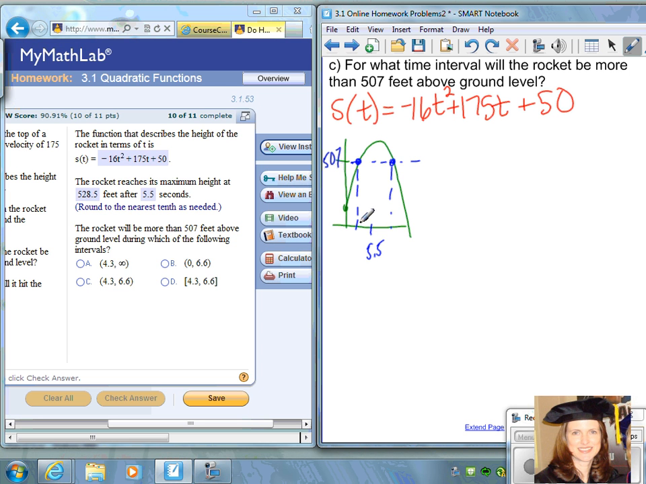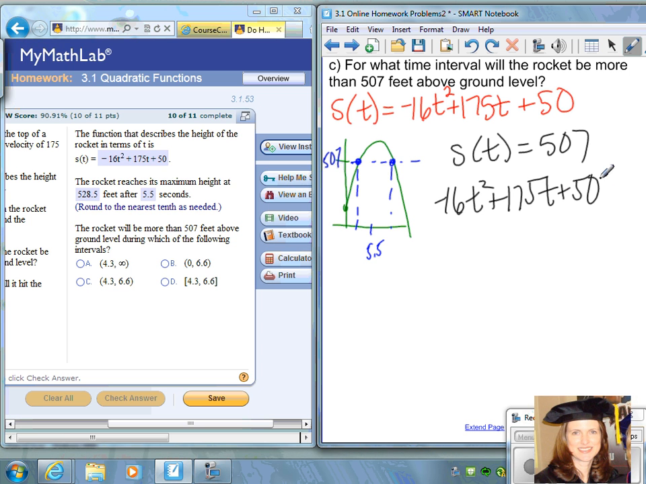So it's got to be somewhere between something a little less than 5 seconds and a little more than 5 seconds, so somewhere in between these. Now the way you can do this algebraically is set the whole height equation, find out where it's equal to 507. So if you set S of t equal to 507, you get negative 16t squared plus 175t plus